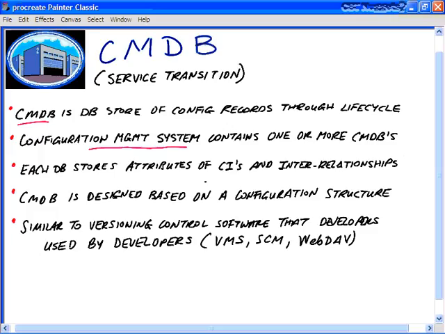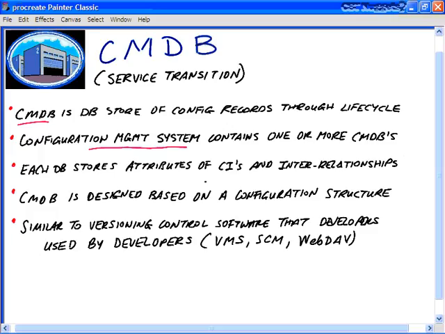The ITIL version 3 Service Transition book states the configuration management system is a set of tools and databases that are implemented to manage and control the IT service provider's configuration data. A CMS will also have information about incidents, known errors, problems, changes and releases, and it even may have some data about employees, customers, suppliers and their locations, users, and business units. So this is more than just simply data stored, let's say, in a SQL Server database, okay? The